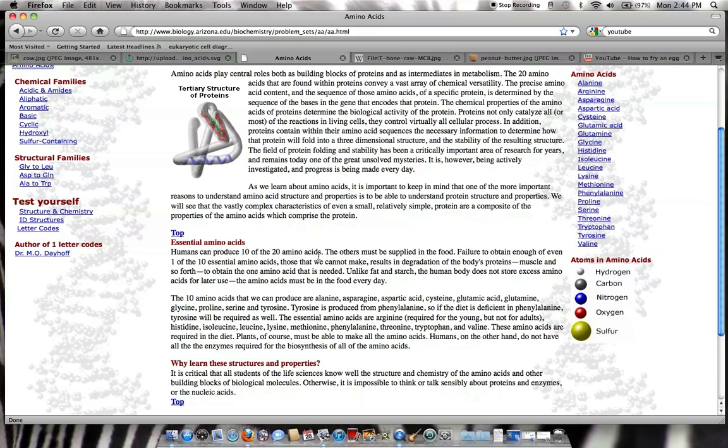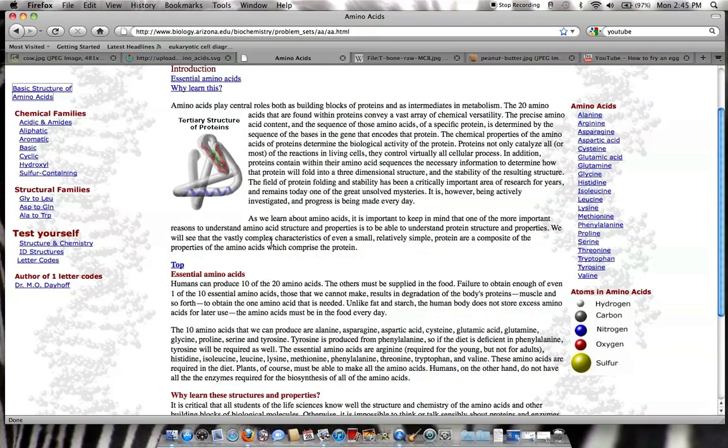There are also about 10 that are called essential amino acids. These 10 amino acids are not produced by the body. We cannot make them ourselves. So we have to take in